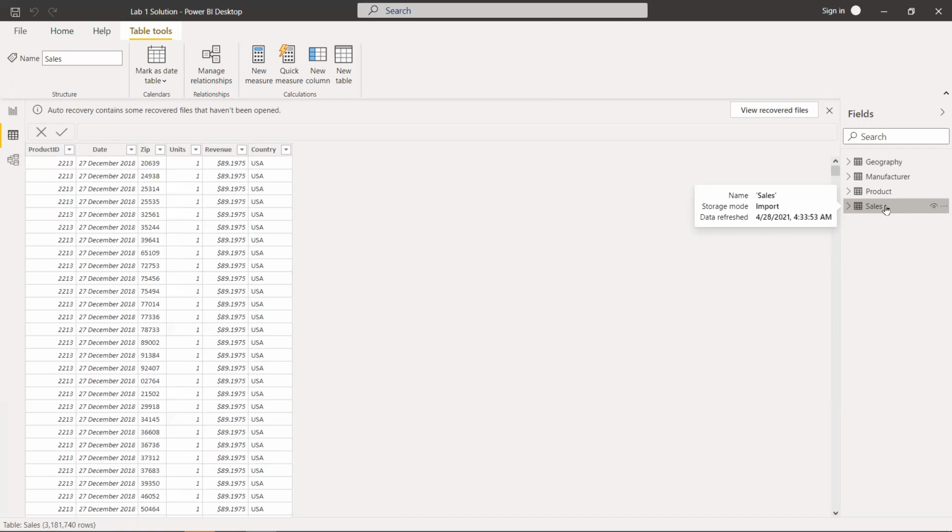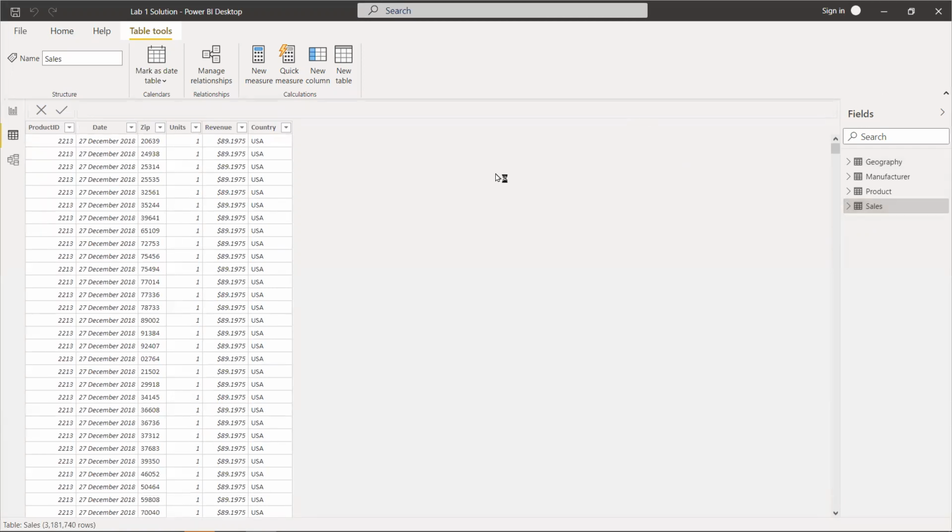Also we need to know that the sales table is our fact table, and the date table is a dimension table. The working of fact tables and dimension tables has already been discussed in the previous sessions. So now, without further ado, let's start with creating a date table.